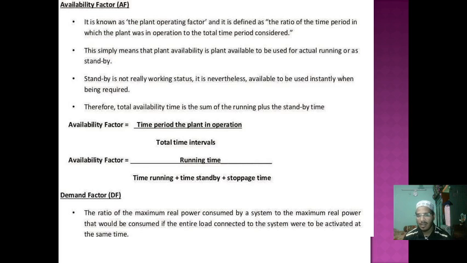Suppose two customers have already taken 700 kilowatts. For example, I have 1000 kilowatts. Of that 1000 kilowatts, as I said, 700 kilowatts are taken by customers, and suddenly one more customer, one more consumer, comes. Consumers here are residential consumers, commercial consumers and industrial consumers. These are the consumers, because we are producing the power from the power plant, and the sources we are taking here are water and air